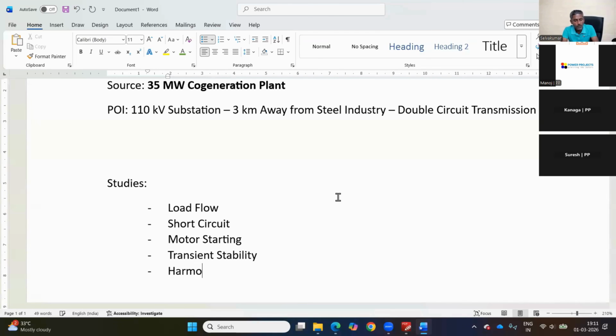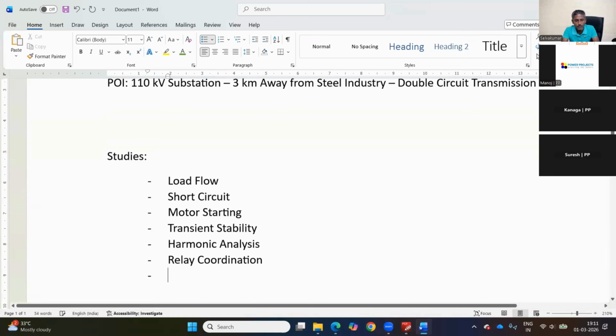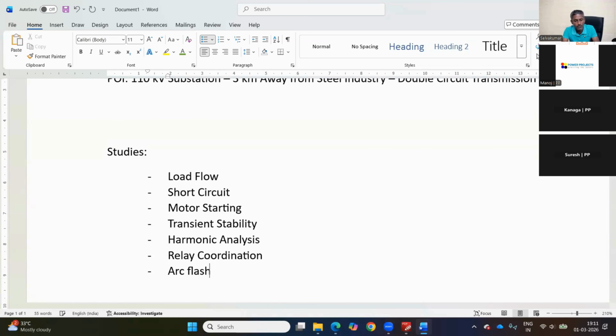Needless to say, with all nonlinear loads you need to perform harmonic analysis, and definitely you need to do the relay coordination studies. And if you are doing an online maintenance, you have to do Arc flash (R plus) studies. You have to take care of unit protection at the 110/33 kV transformer,